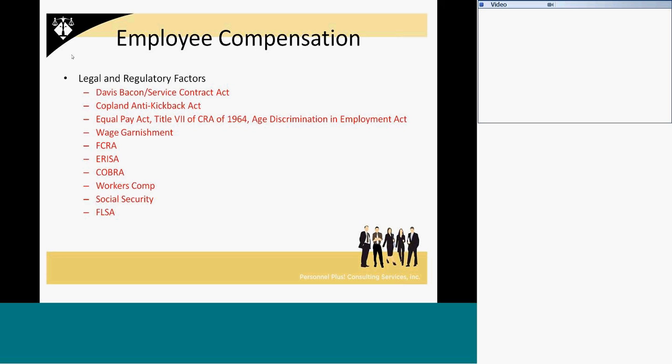So what they do is they say, if you're going to do work for the federal government, you need to pay wages that are comparable to what those people would earn were they working for the federal government or if they were in a normal civilian type of economy. So typically there's what are called prevailing wage rates. So for a given kind of worker, if you go to the U.S. Department of Labor's website, you can look up